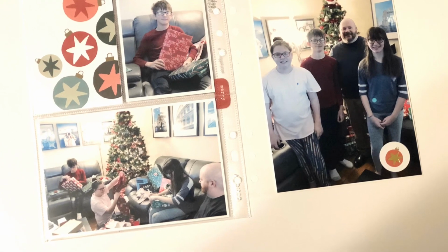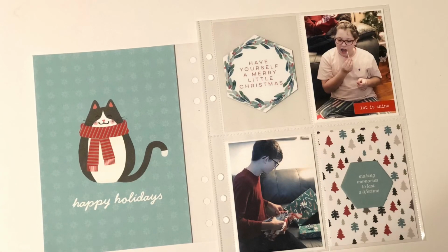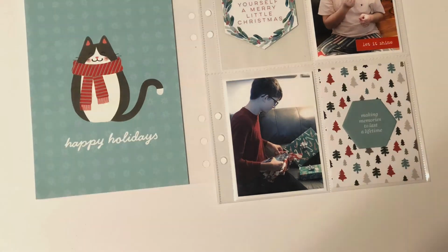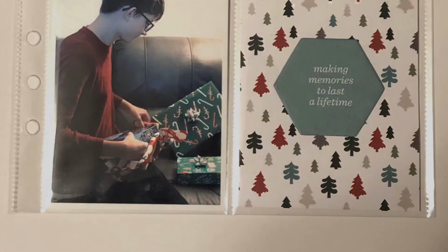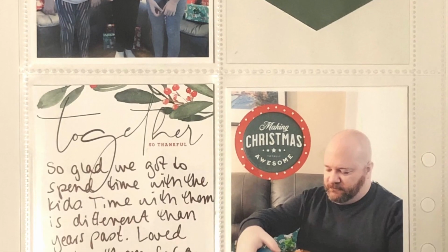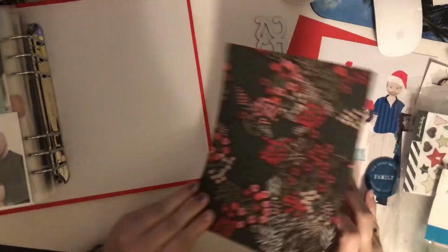There's my 5x7 photo. I used a die cut of that ornament to help tie in the paper on the left. The back with a little tuxedo kitten. Using that tree piece of paper again with the blue and the blue hexagon. This says making memories to last a lifetime. So I was able to include some blues. And there's the back with some chipboard and some more punched paper. And then here I am